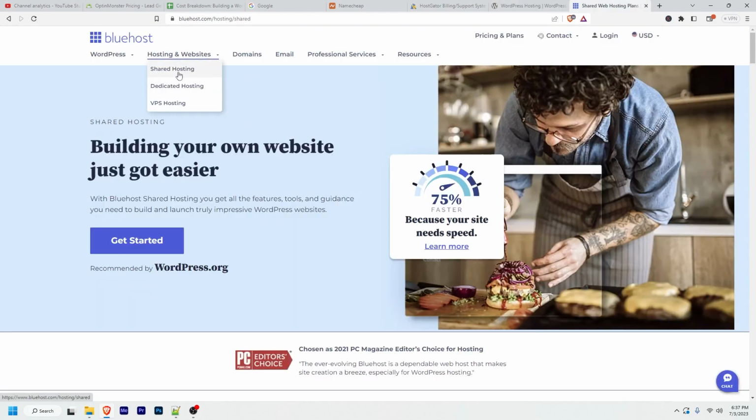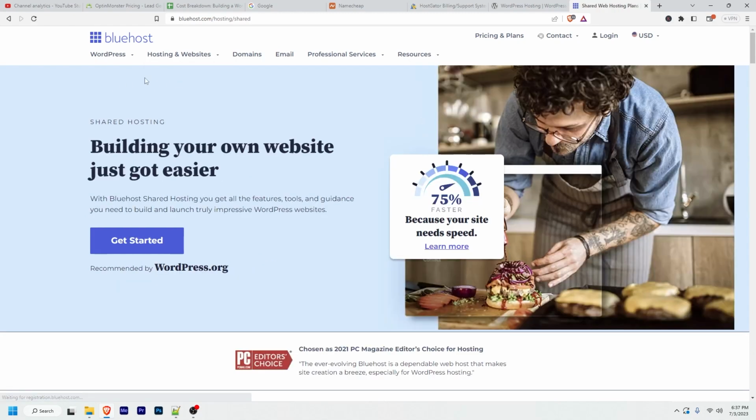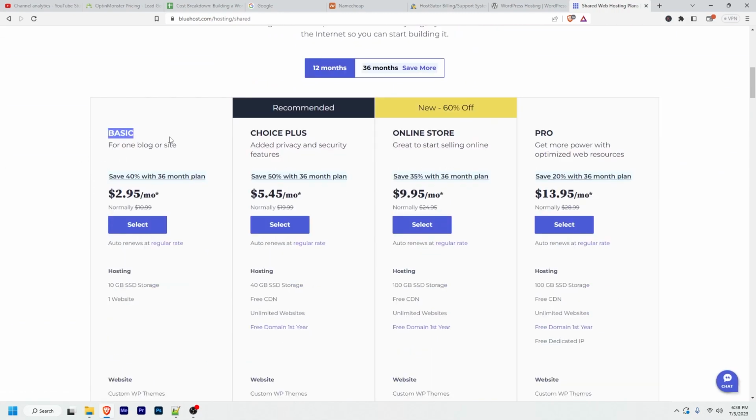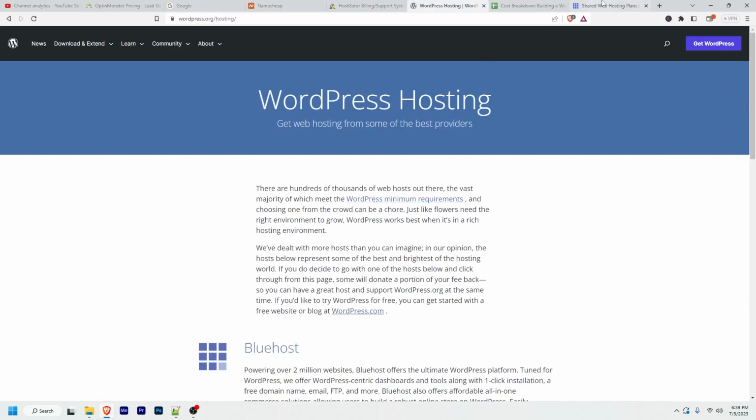They have shared hosting, dedicated hosting, and VPS hosting. As you want to host your website for blogging purposes, I think shared hosting is more than enough. I think the basic plan is more than enough for you to host your blog. So around $3 per month. Let's list it. Equal 2.95. This is the minimum cost for 1 year,